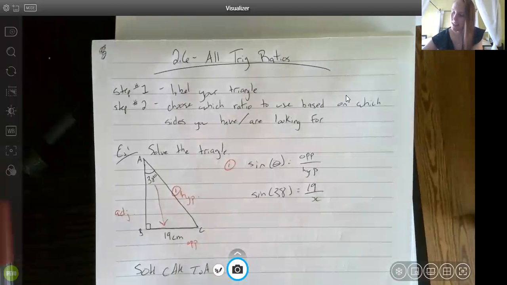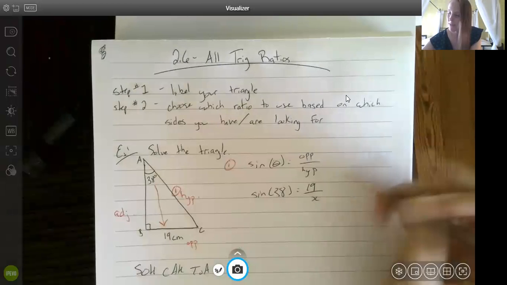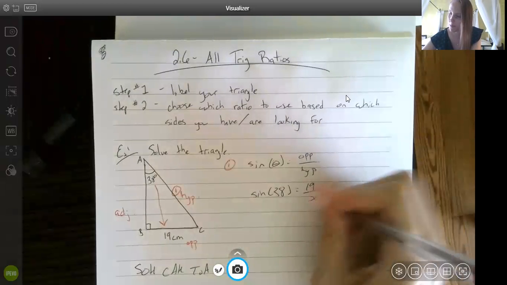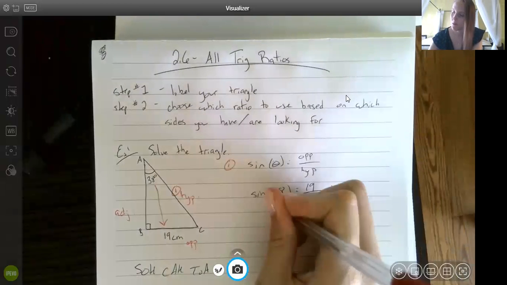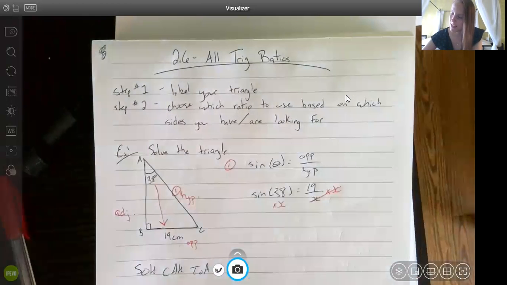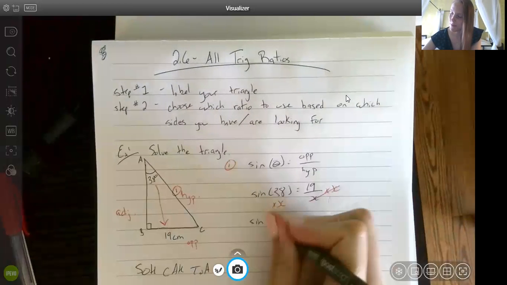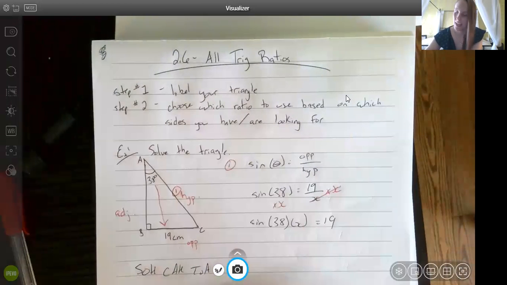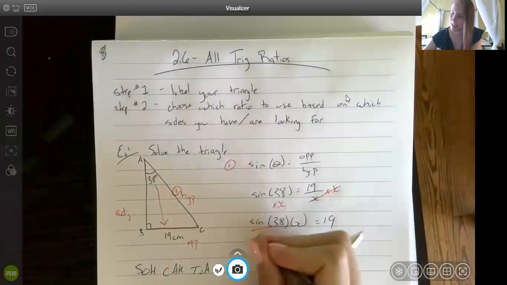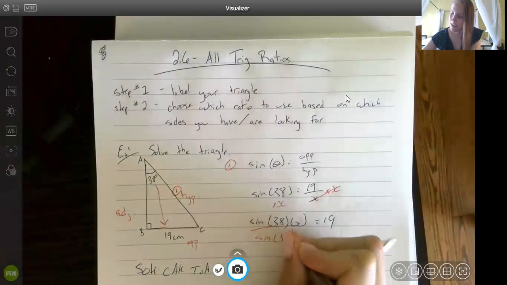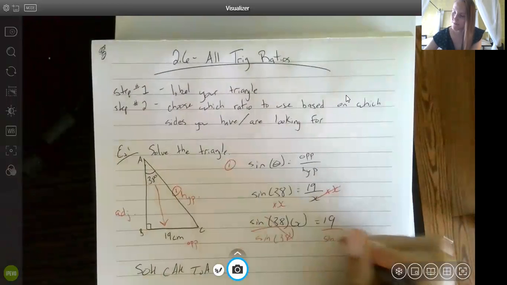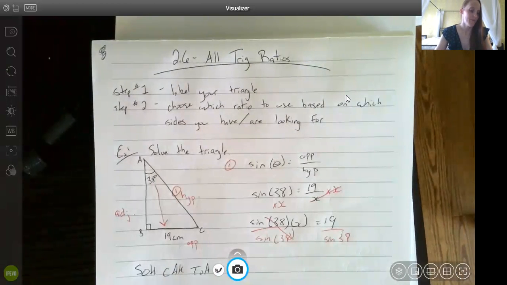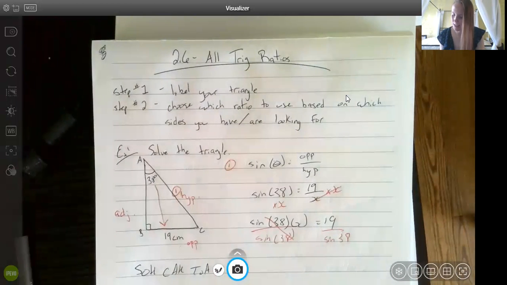Of course, because x is on the bottom of this fraction, I need to multiply by x on both sides. That leaves me with the sine of 38 times x equals 19. And of course, to get the x by itself, I need to divide away the sine of 38. So 19 divided by the sine of 38